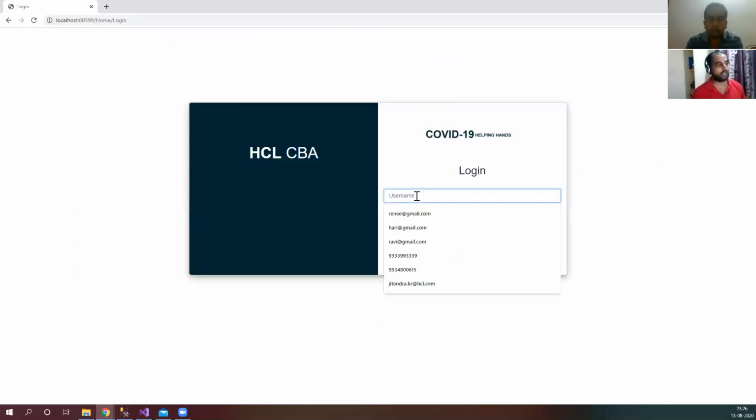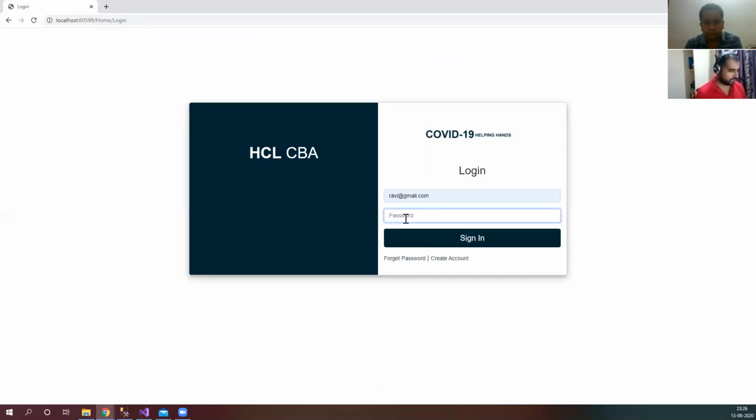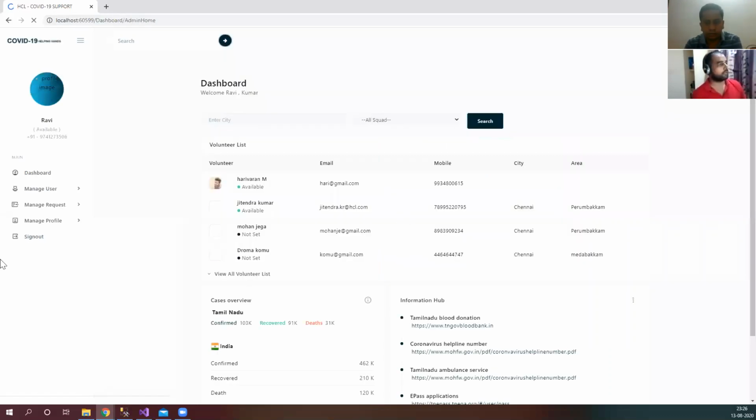So first, let me go to the admin page. If some volunteer wants to register, they will not be able to access the application immediately until the admin approves their account. To approve that account, we have a process, and I'll share the screen. That screen is called manage user.